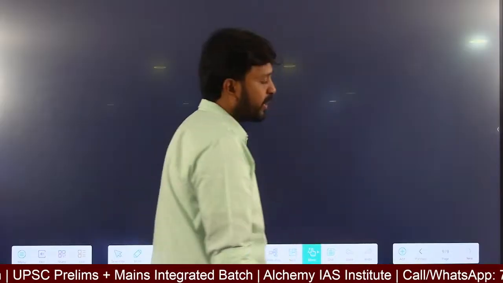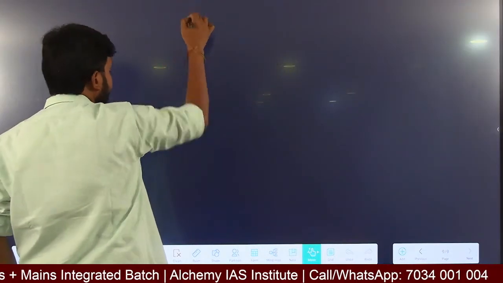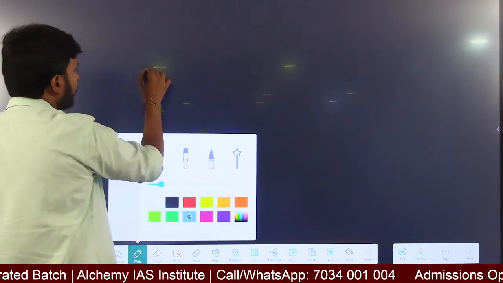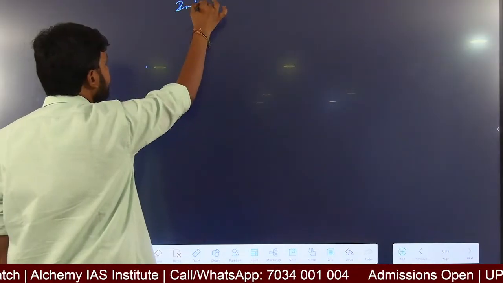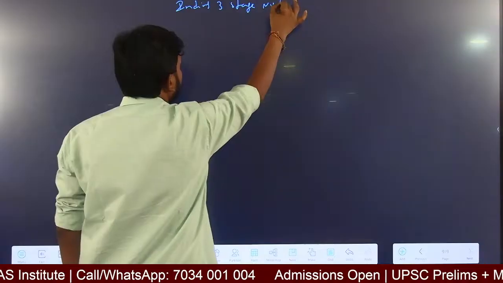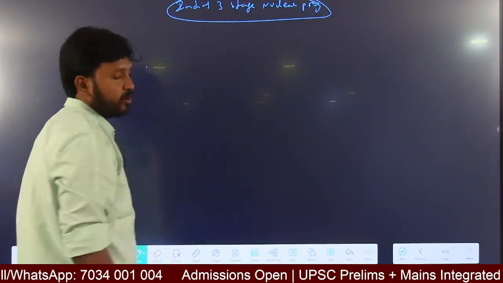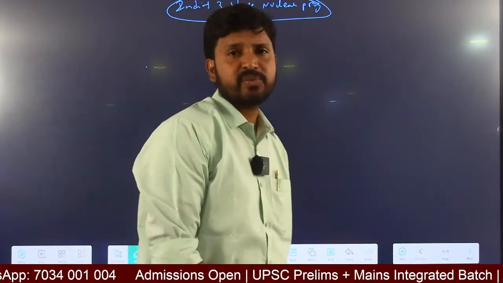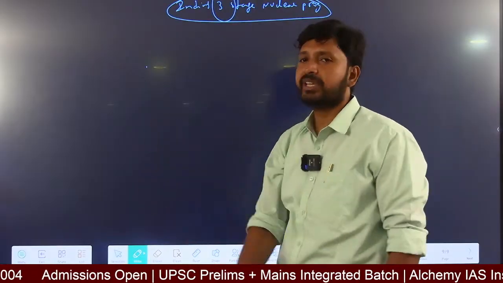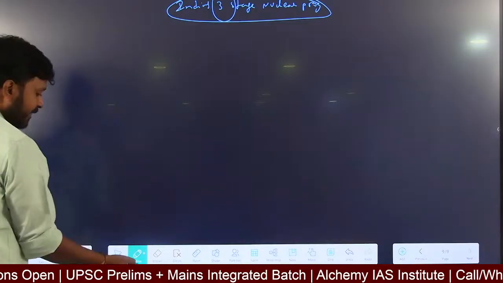The last topic we will discuss is India's three-stage nuclear program. With this topic we will end this video. Why did India go for a three-stage program? Because, as we have seen, whatever uranium is there,